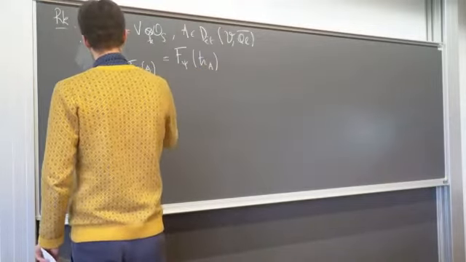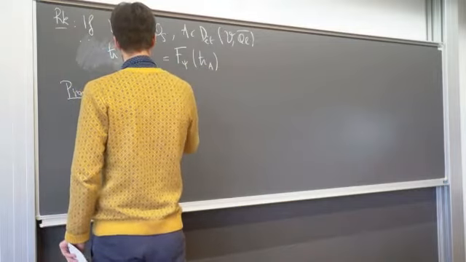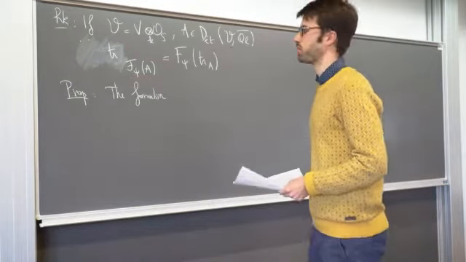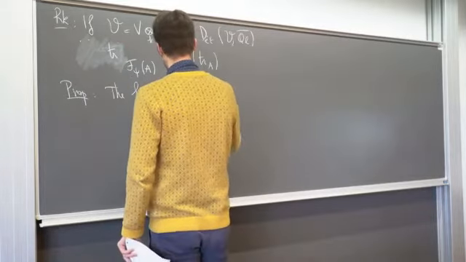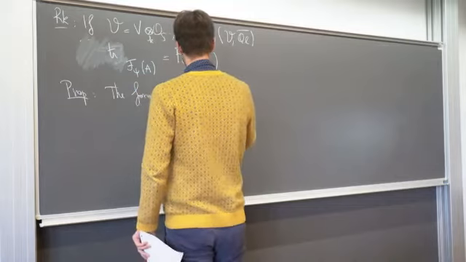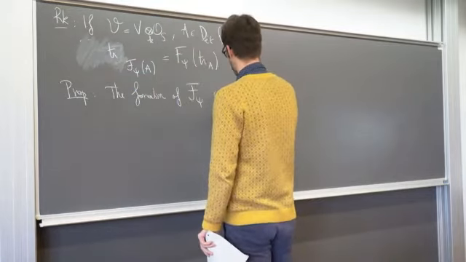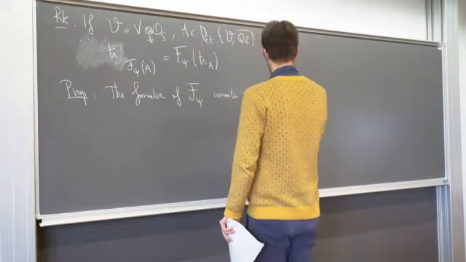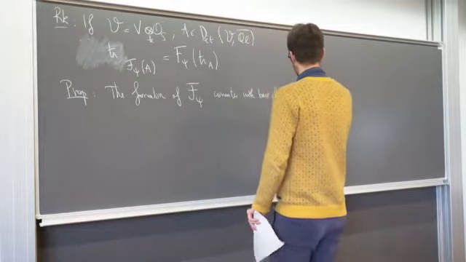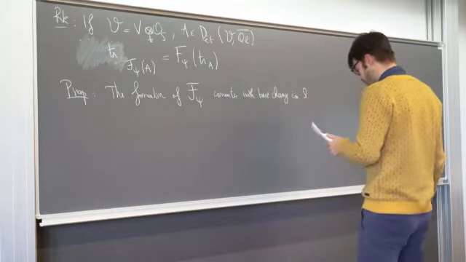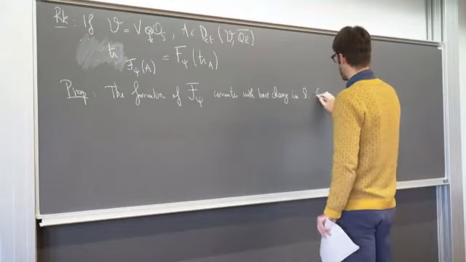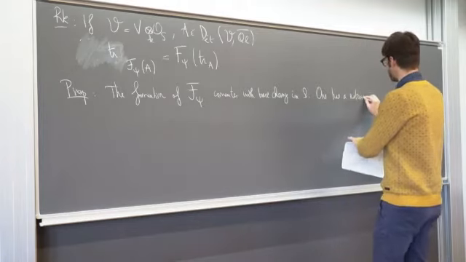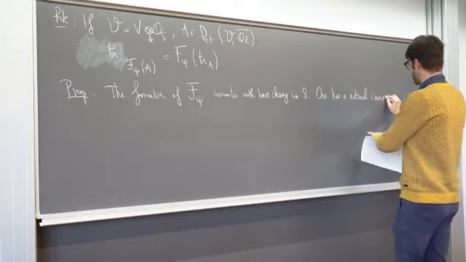Well, so this geometric Fourier transform has nice properties, which are the same kind of properties as the usual Fourier transform has. So first of all, the formation of this Fourier transform commutes with base change in S. One has a natural isomorphism